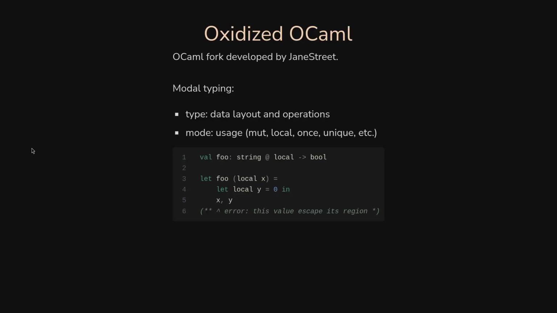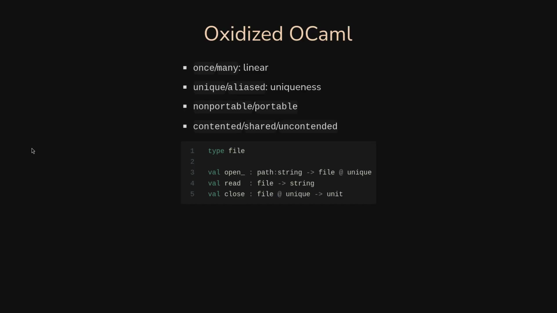It's published now, it's a public fork, which adds something called modes. I won't enter the details, but the idea is that you can attach to bindings modes that say how they can be used. And what's interesting about that, there are no lifetimes, no borrowing. It's a bit less powerful, but what's really interesting about OxCaml is that those modes are quite algebraic, right? It's not about nesting, lifetimes, and so on. You say, oh, this would be unique. This must be used once.